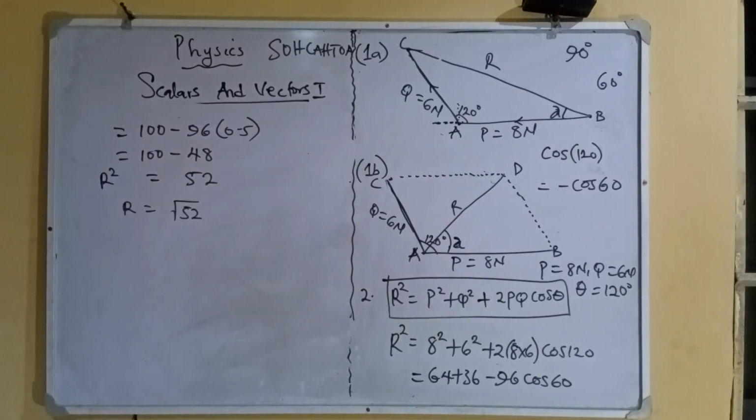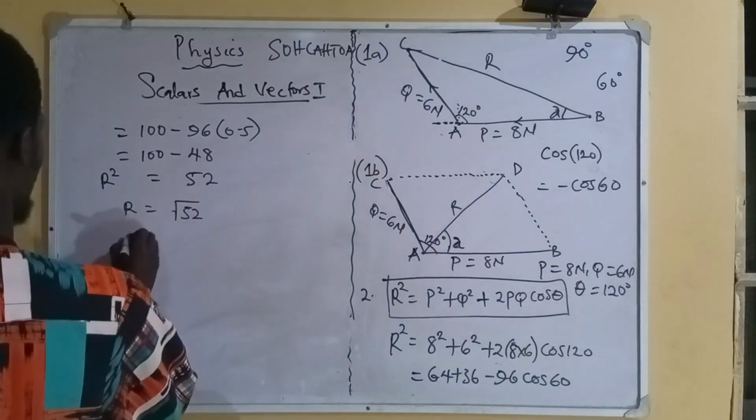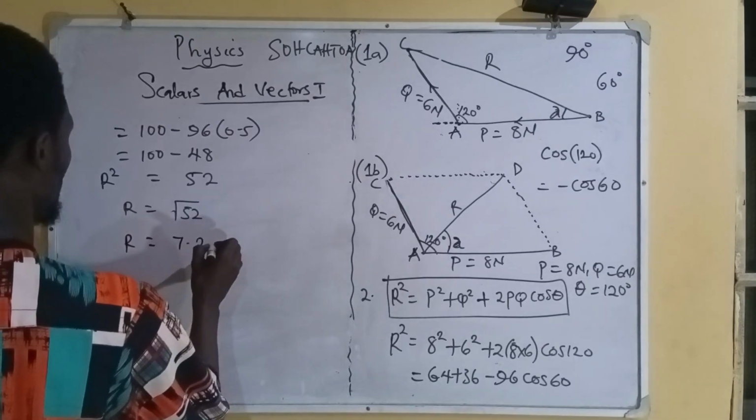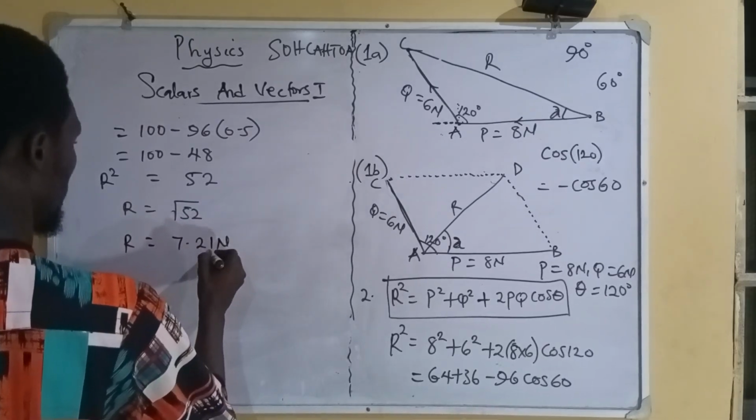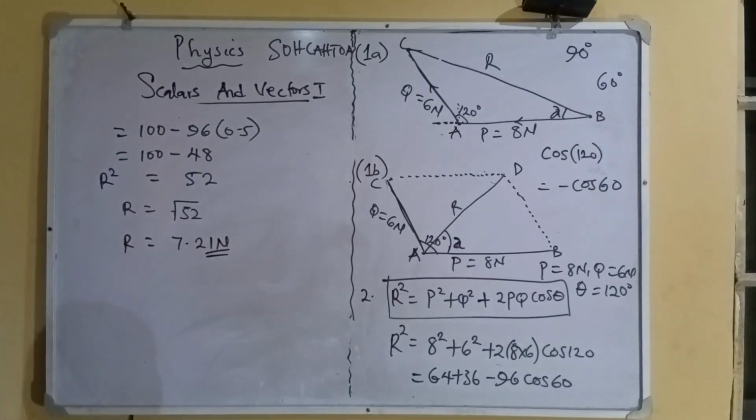So with the help of your calculator, you press the square root of 52. So what do you have? You have 7.271, right? 7.2, right, 1 Newton. Please, I'm using my calculator, all right? I use my calculator. So after that, the next thing we will do is to also find the